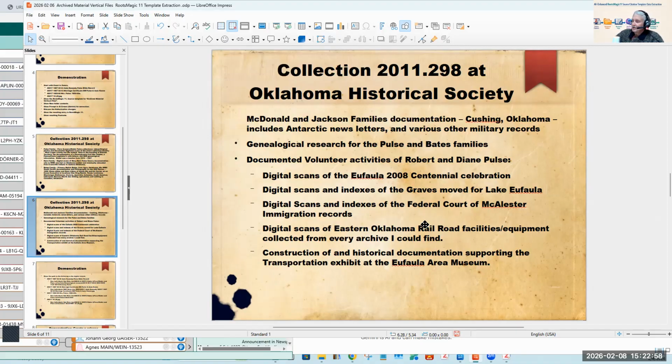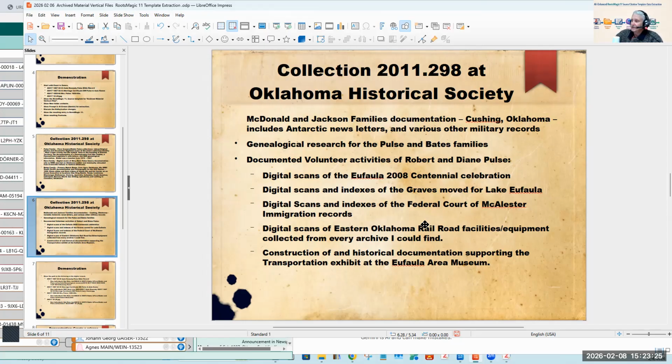We digitized all the memorabilia and documents and stuff that we could get our hands on as fast as we could. And we probably got about 80% of it. People were bringing stuff into that like you wouldn't believe. People flew in from as far away as Houston, Texas, to come to that celebration in the little town of Eufaula, Oklahoma.